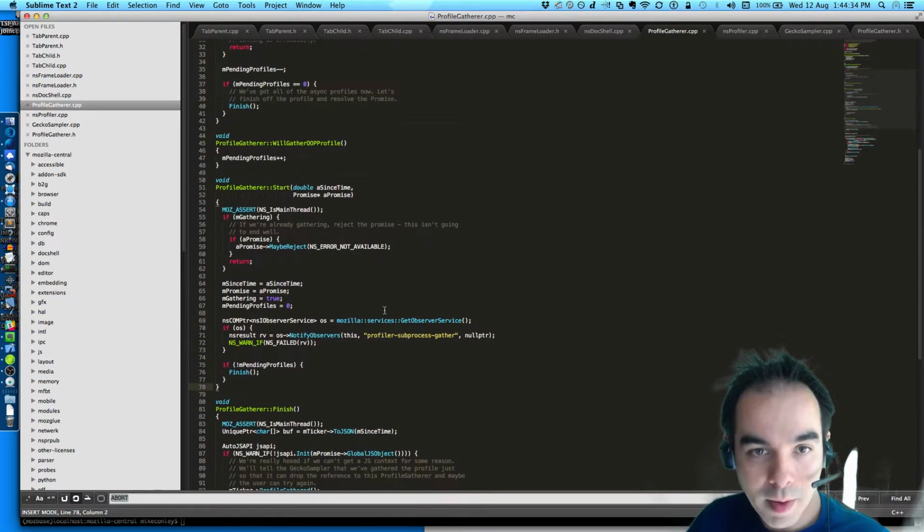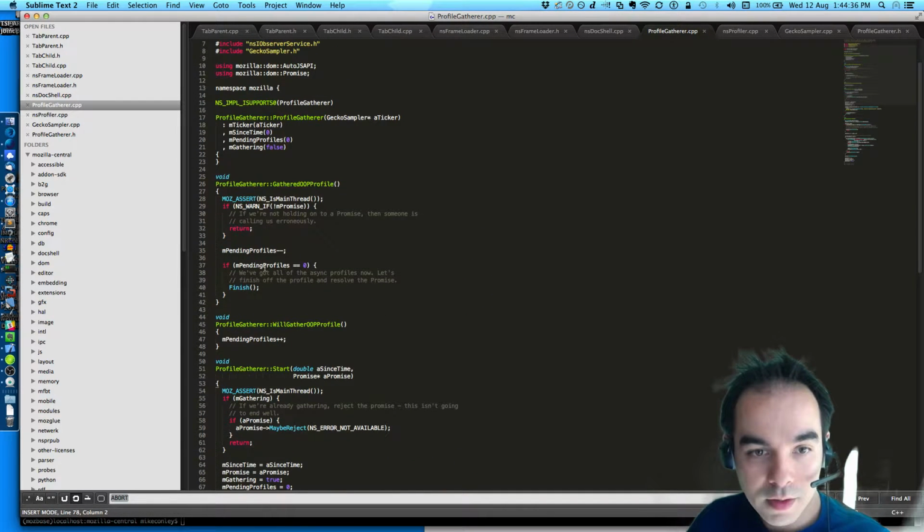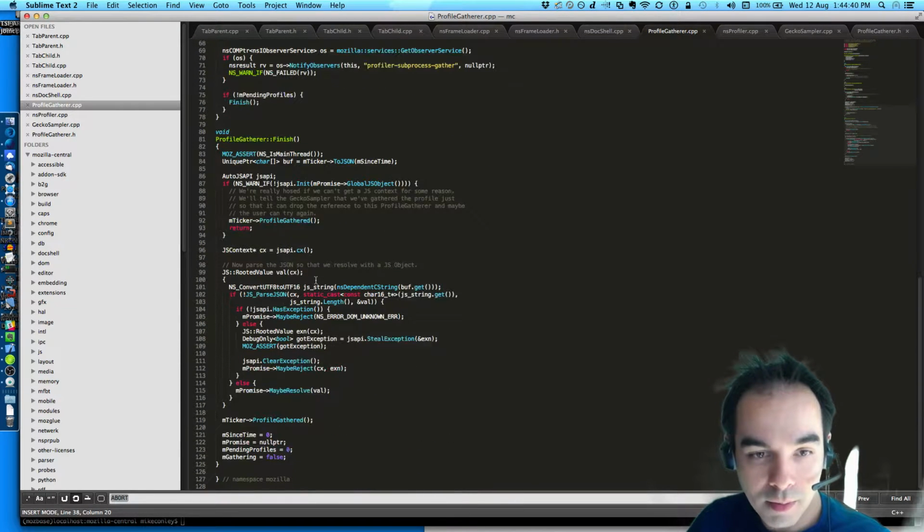I'm trying to remember how this works. We've got all the async profiles now. It's time to finish off the profile and resolve the promise. So we get the profiles, parse it all. When do we actually sew it all together? We're really hosed if we can't get the JS context. So what do we do